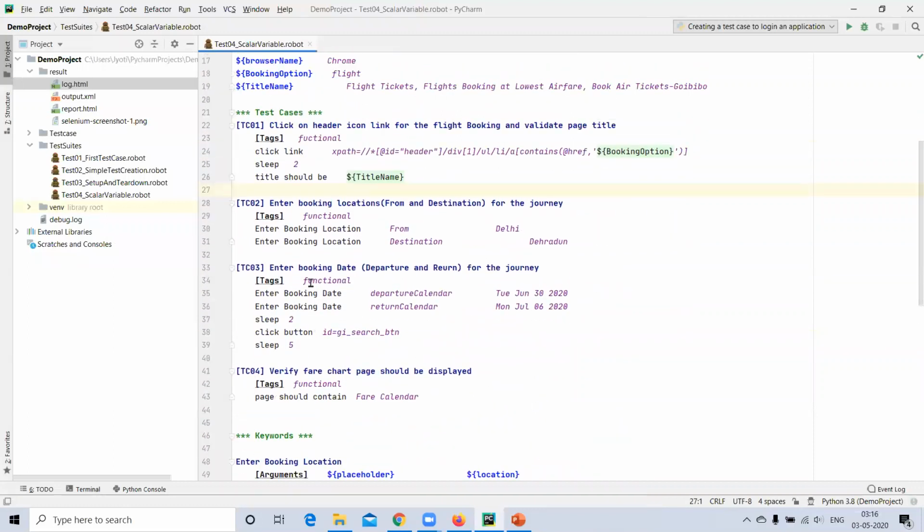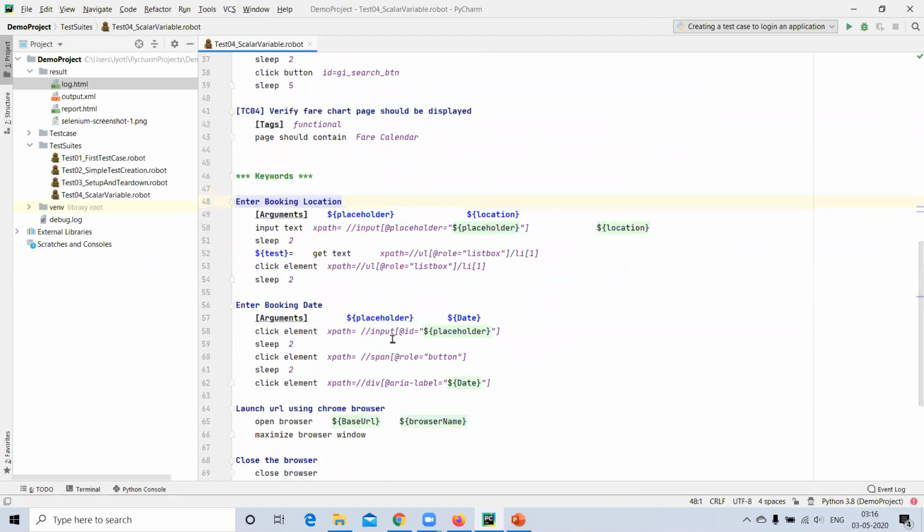Enter booking location from and destination for the journey, and enter booking date, departure and return for the journey. Here I had created a generic keyword having two arguments, placeholder and location.